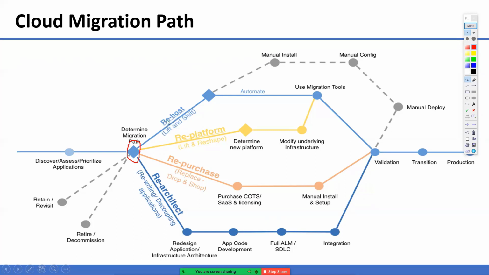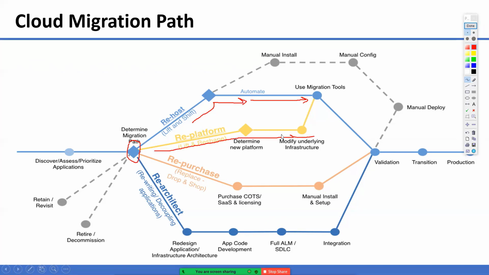Either you can follow the rehosting path, and then decide whether you would like to do an automated rehosting or use some migration tools. If you are willing to follow the replatform strategy, that is lift and reshape, then you can determine what the new platform will be, and whether you would like to modify the underlying infrastructure.